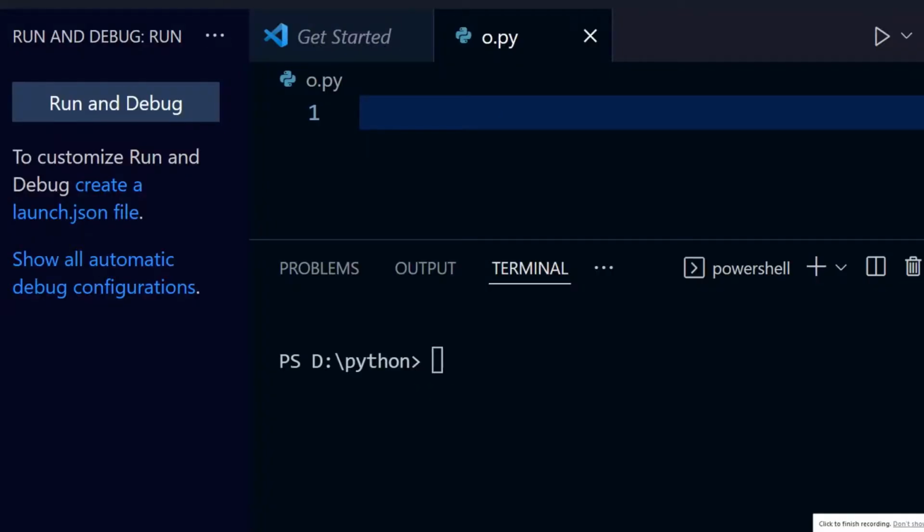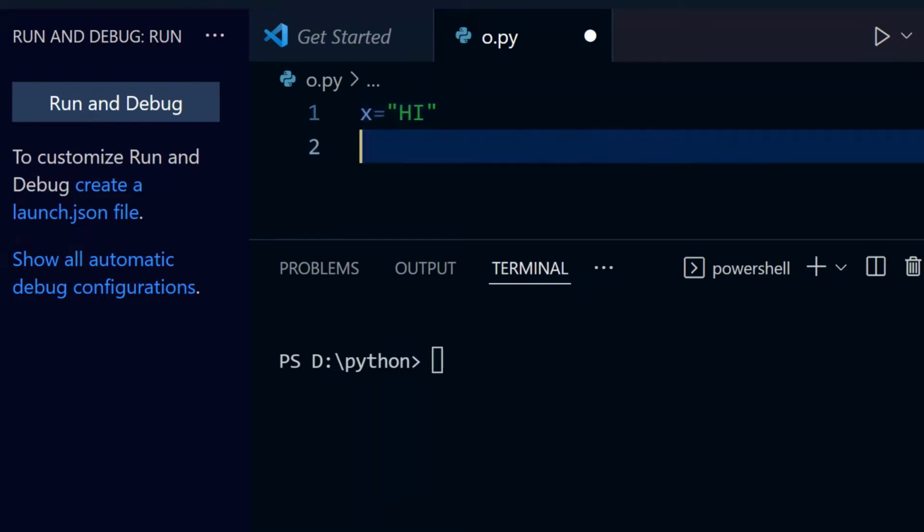Well, now I am going to discuss the concatenation of strings. Concatenation is nothing but adding up two strings, just like when we add 2 and 3, we get a sum of 5. When we add two strings, we get the result as an added-up string. Like here we have x equal to hi, and next I use y equal to Google,